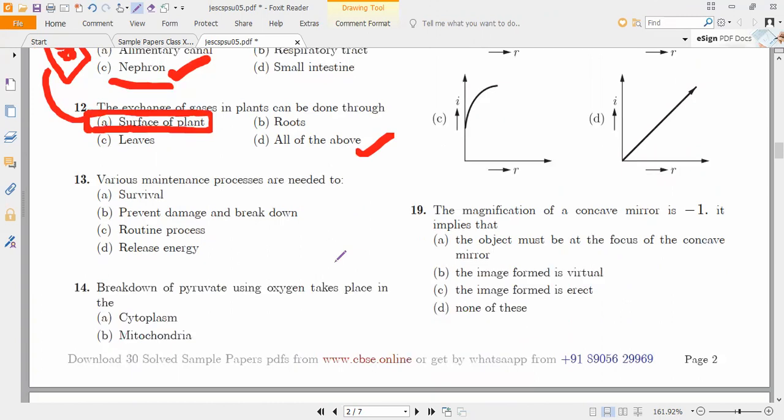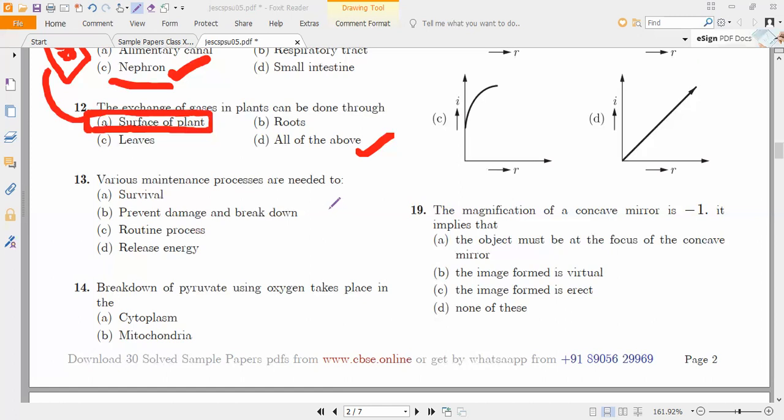All of you should concentrate on xylem, phloem, and root pressure, osmosis, reverse osmosis, and next, diffusion. Kindly remember. And if my guess is true, definitely in the final exam they will ask about xylem fibers and phloem fibers. Definitely one question will surely come. Remember that.